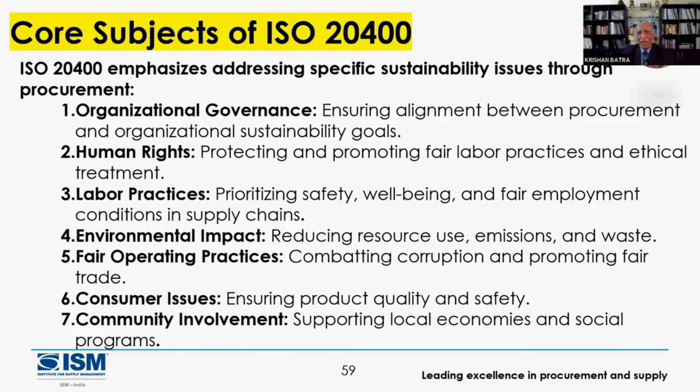The people who gave you the land, yes, they sold the land to you. You got 300 acres, 1,000 acres. Now, some people have been taken out because they are not growing anything. So that means community involvement has to be there, supporting the local economies. We cannot throw them out of the job. So this is where 20,400 looks at it, guys. Okay, I'm buying the goods from this company. Are they taking care of social parameters? Are they taking care of the community part?